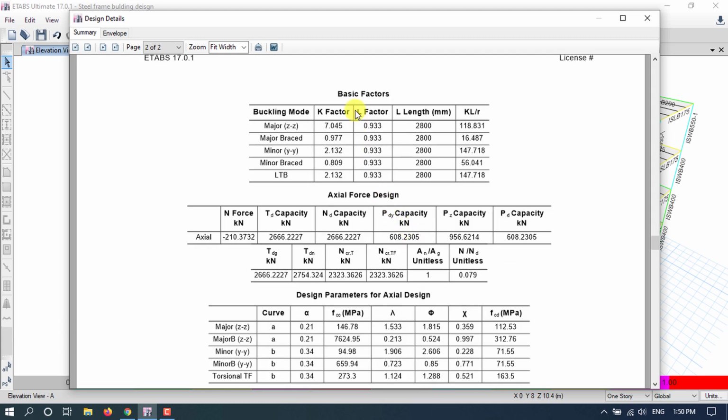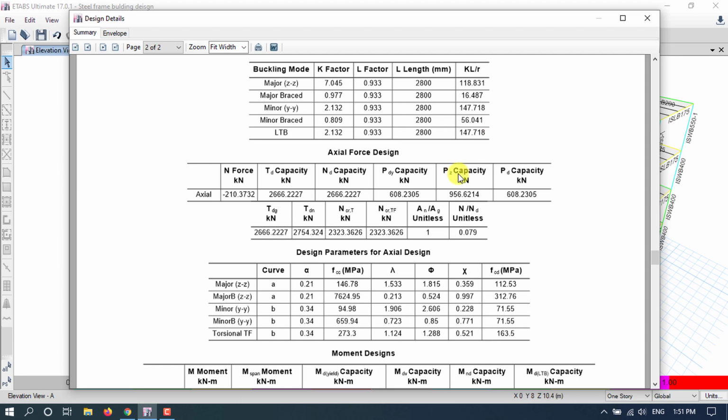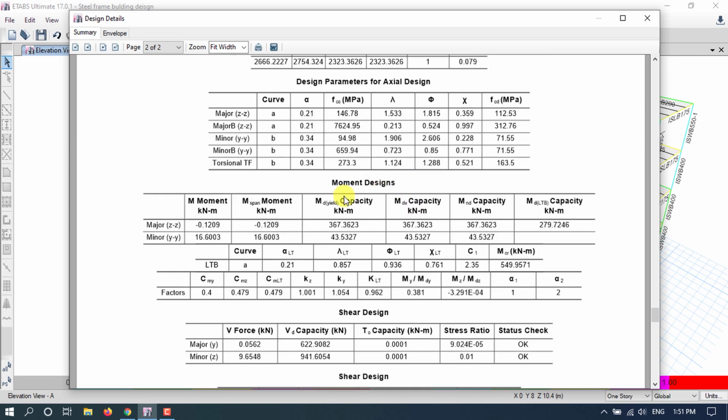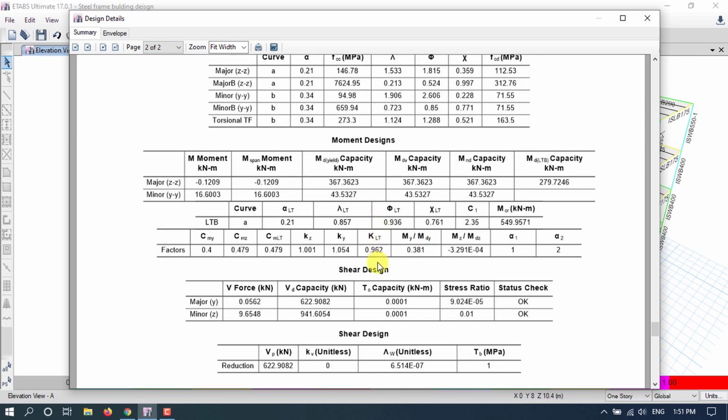Here basic factors, that is buckling mode. Here KL/R ratio is the slenderness ratio, which should be less than 180 according to IS 800/2007. So all the slenderness ratios are less than 180, so it is fine. Then here axial force design values are given here, and design parameters and moment designs, shear design.